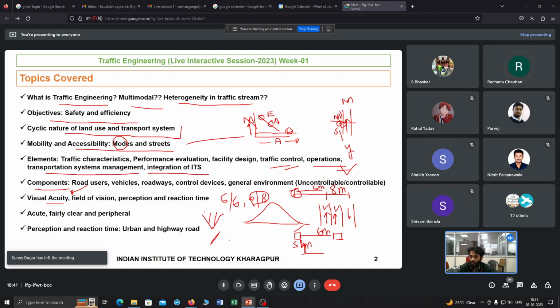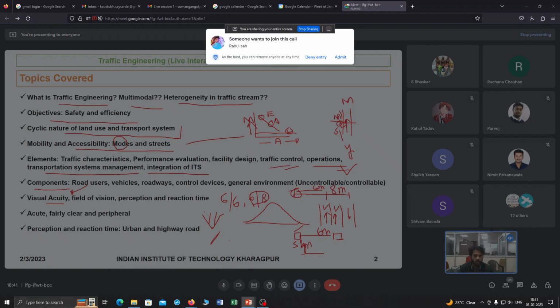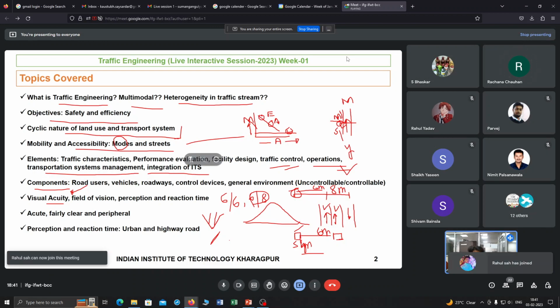So then what is your acute field of vision? Whenever you are traveling along a particular road, suppose there are road signs which are saying that you should reduce your speed limit. Now if I have to change my vision, and it is not within my periphery, not within that acute vision, I need to change my line of sight,